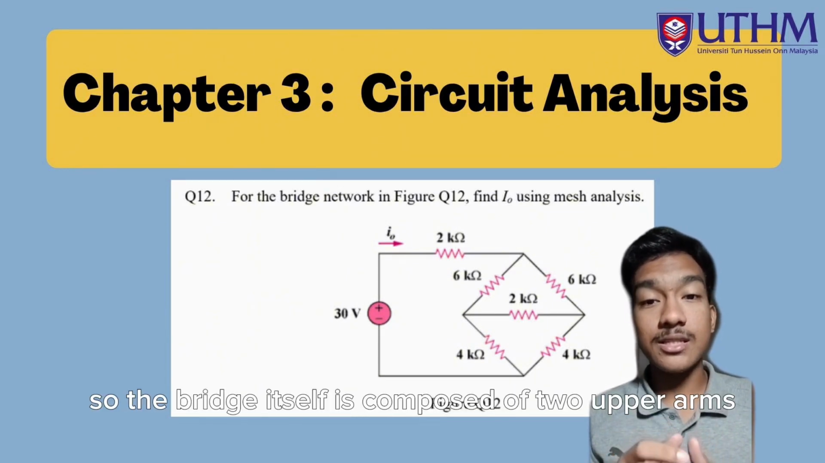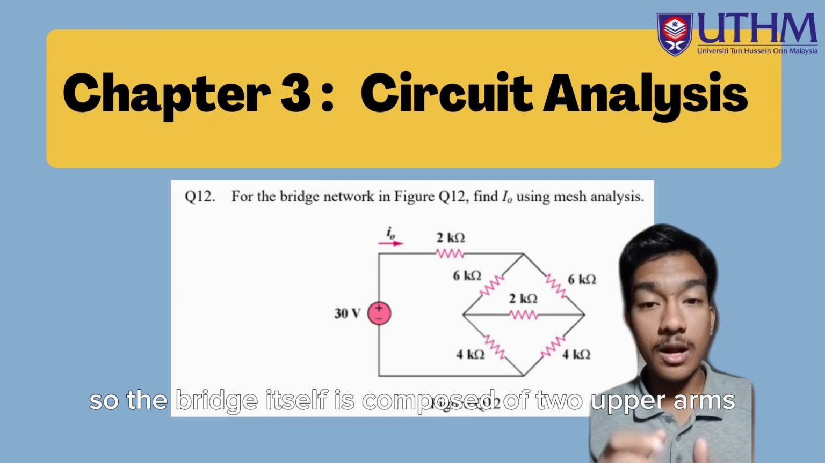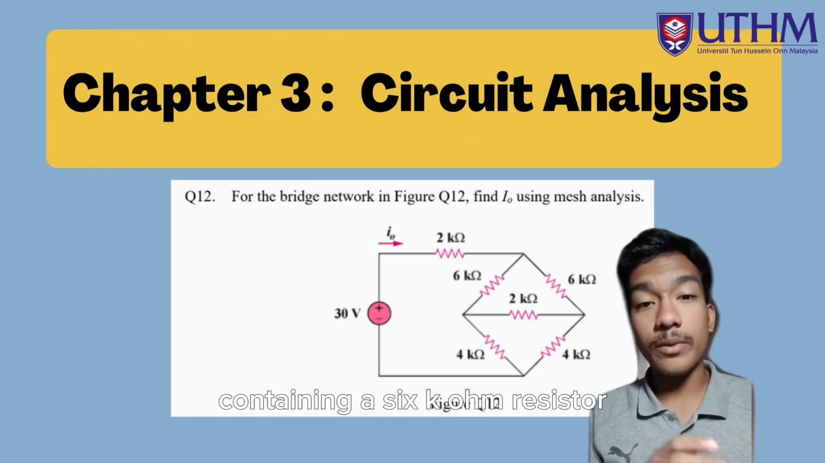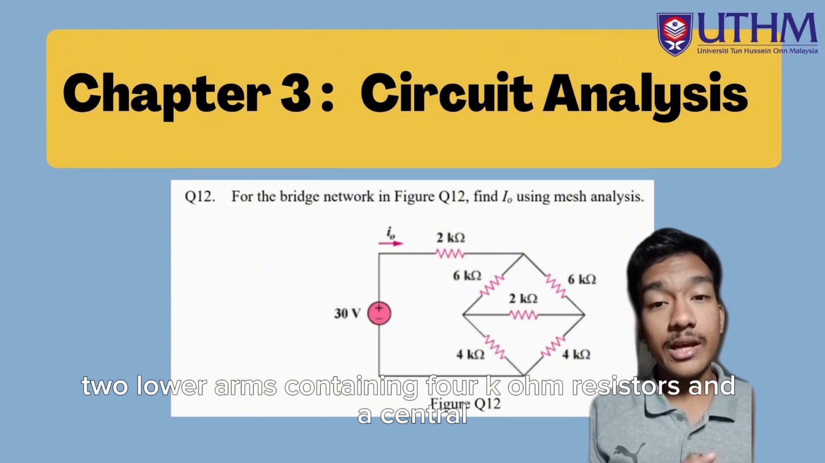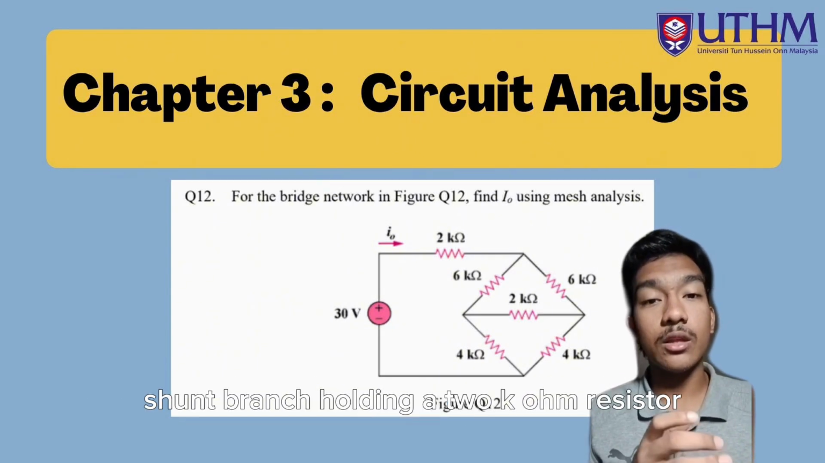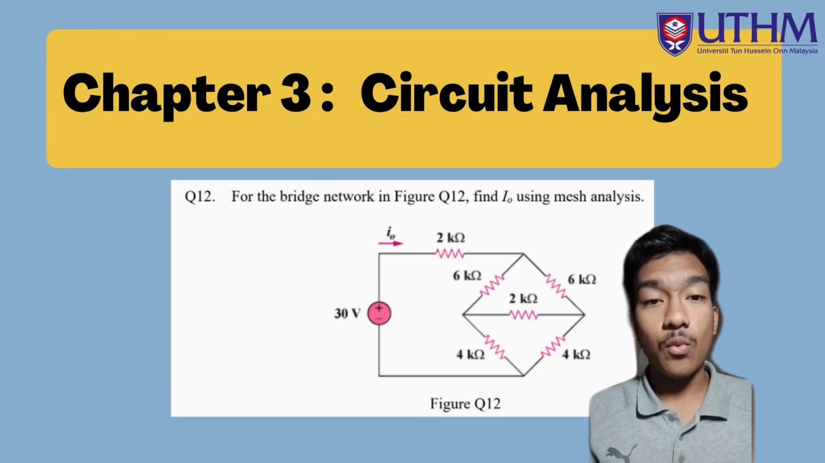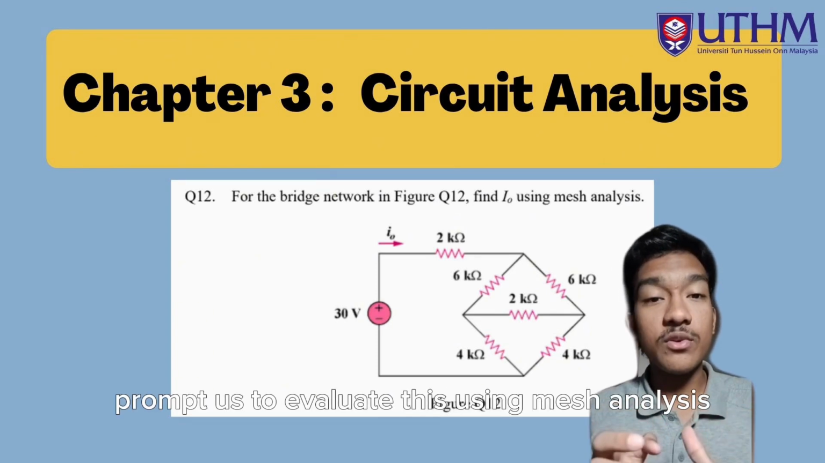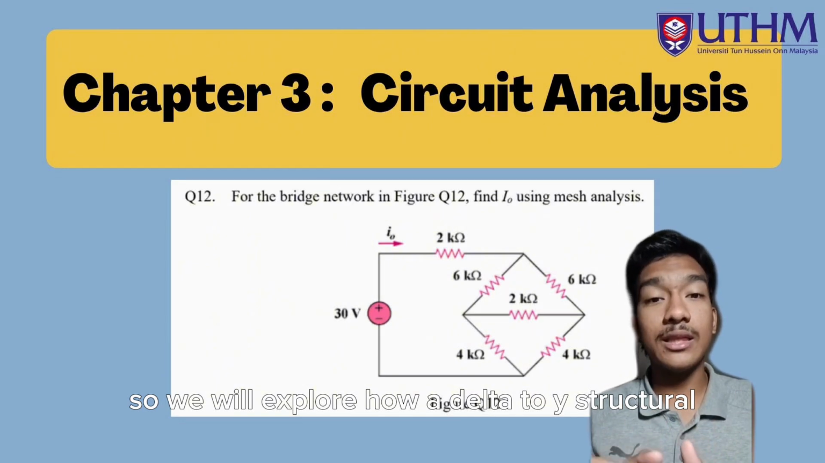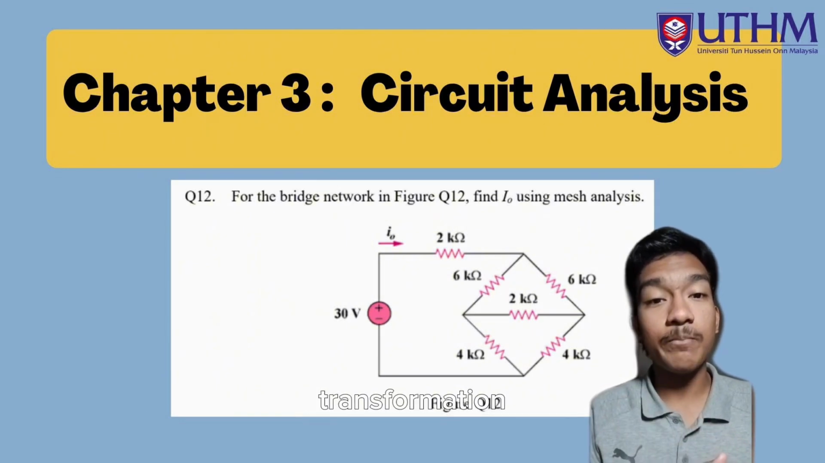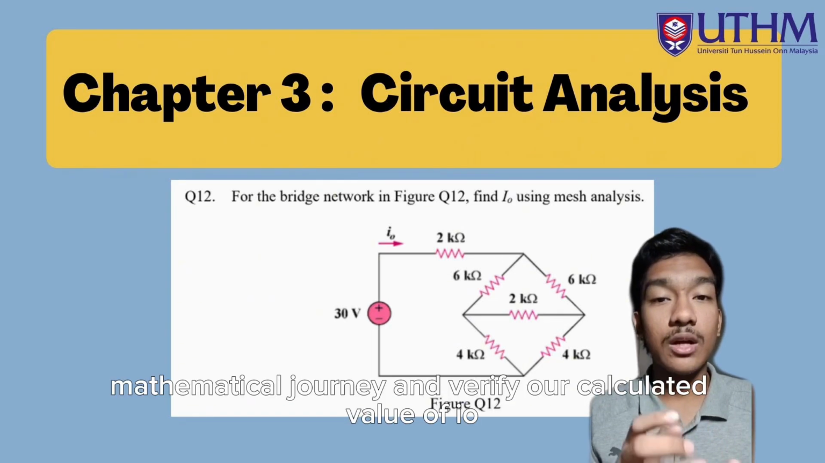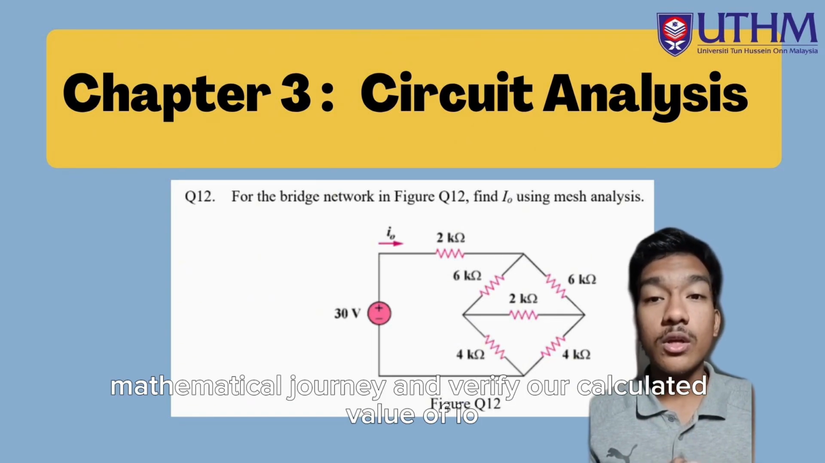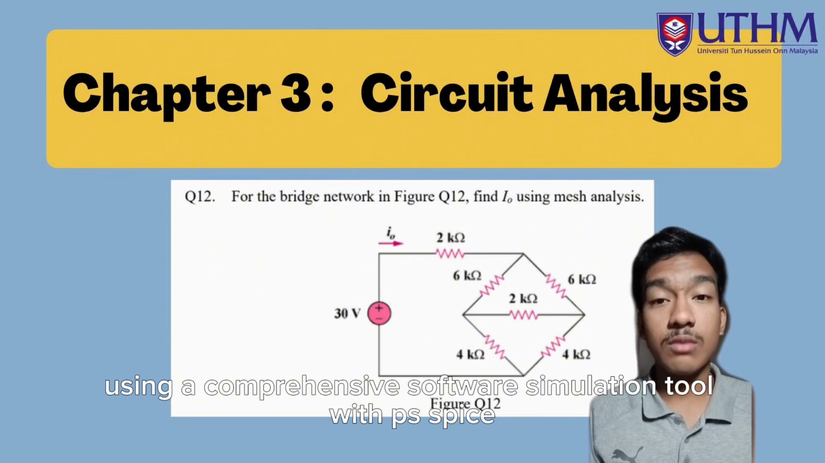The bridge itself is composed of two upper arms containing a 6K ohm resistor, two lower arms containing a 4K ohm resistor, and a central shunt branch holding a 2K ohm resistor. While the question prompts us to evaluate this using mesh analysis, we will explore how a delta to Y structural transformation simplifies our mathematical journey and verify our calculated value of IO using a comprehensive software simulation tool